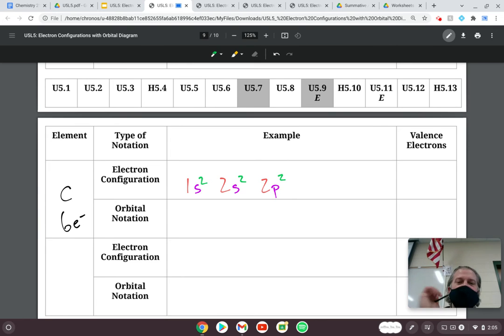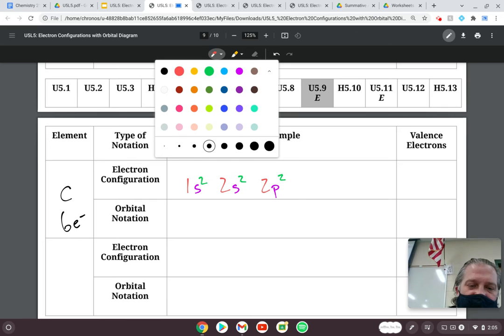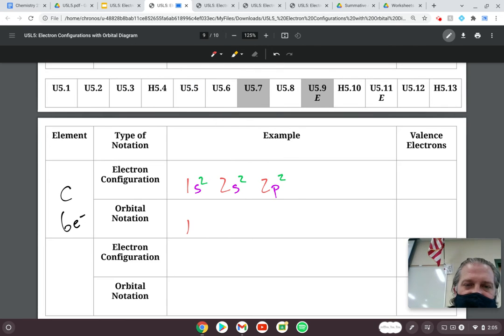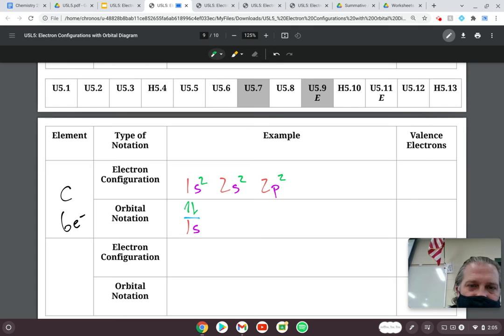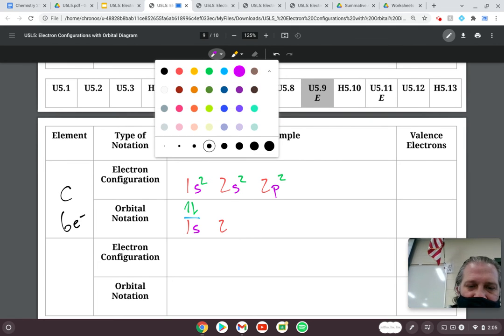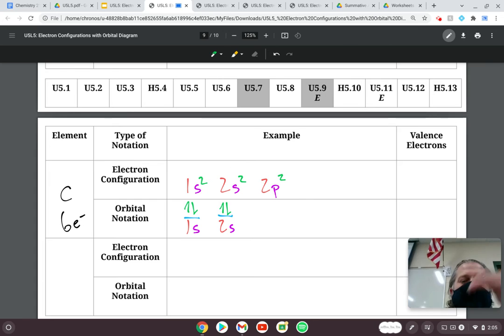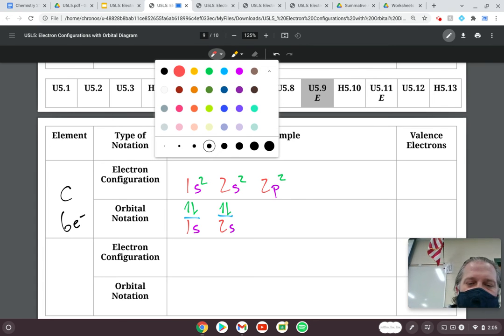Okay? Now, when I write the orbital notation, it's a little bit different. It's going to be 1s, and I'm going to add my orientation bar, and then I'm going to do arrow up, arrow down. It's going to be 2s with an orientation bar, and that too is going to be an arrow up, arrow down. Now, 2p